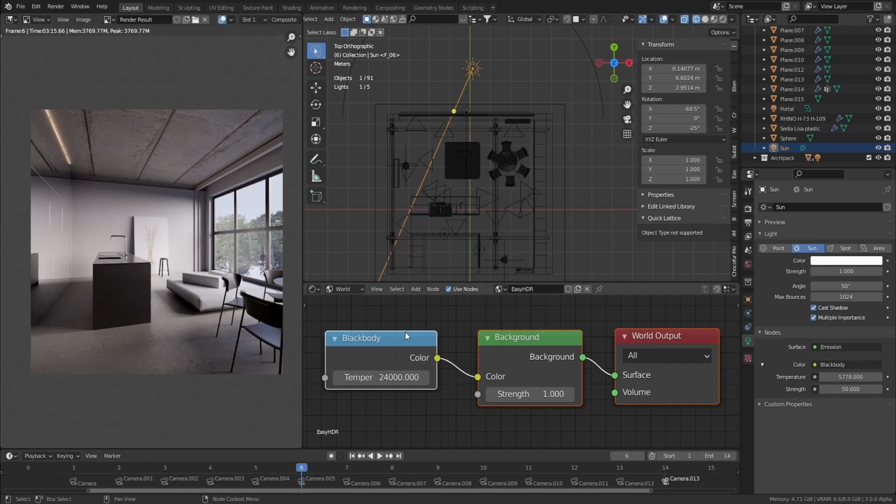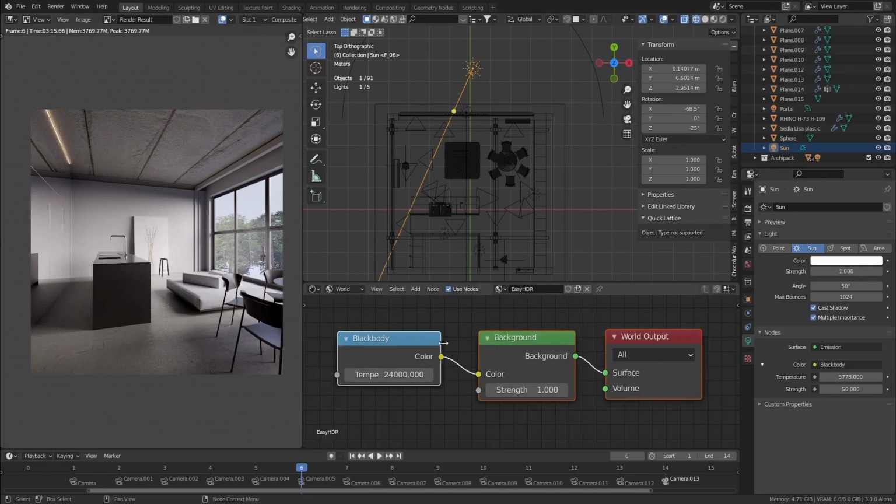So probably the black body node and the color temperature of the sky and the sun is related to the color palette of the interior project. So try to tweak little bit your color temperature in the sky and the background to get the right mood you need. So also you can